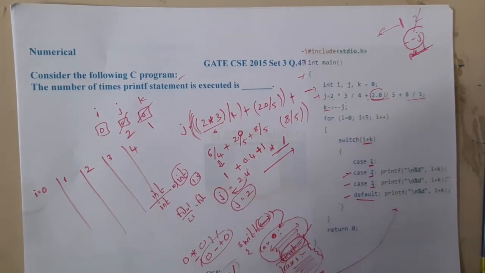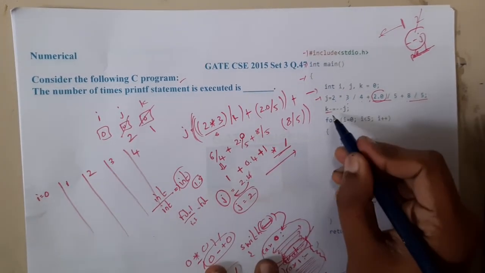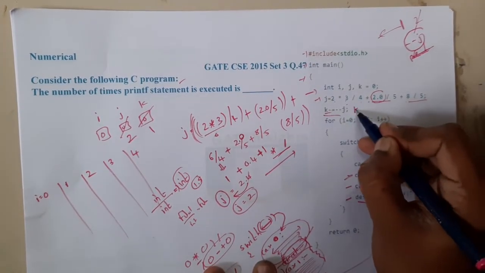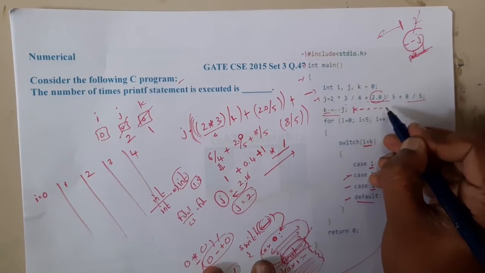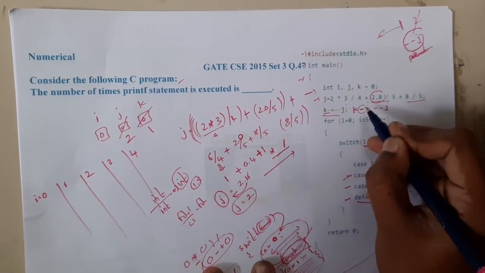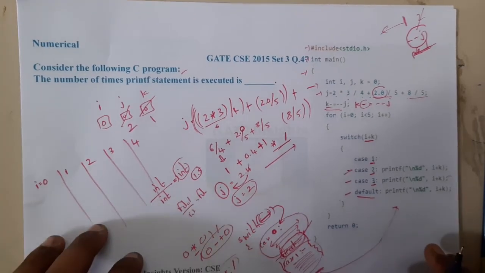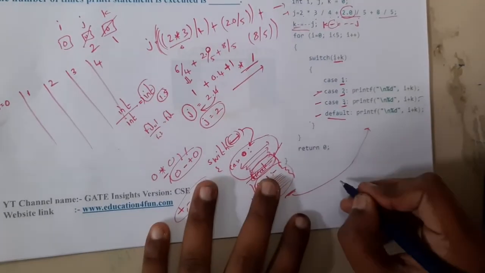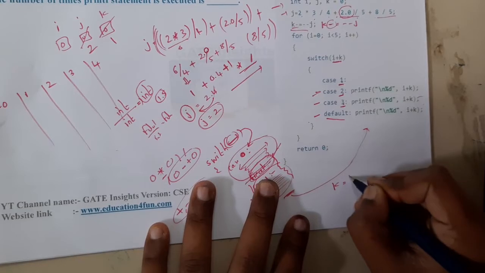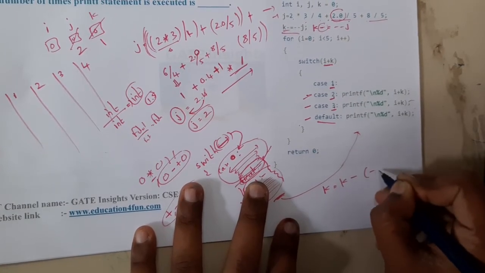Okay, just give me a second. I found a silly mistake, guys. Here the equation is k minus equal to minus j. I did not see this minus, because the print is not that clear, right? Yes, that is what I was missing. So what will be the value of k, guys? k is equal to k minus of minus j.